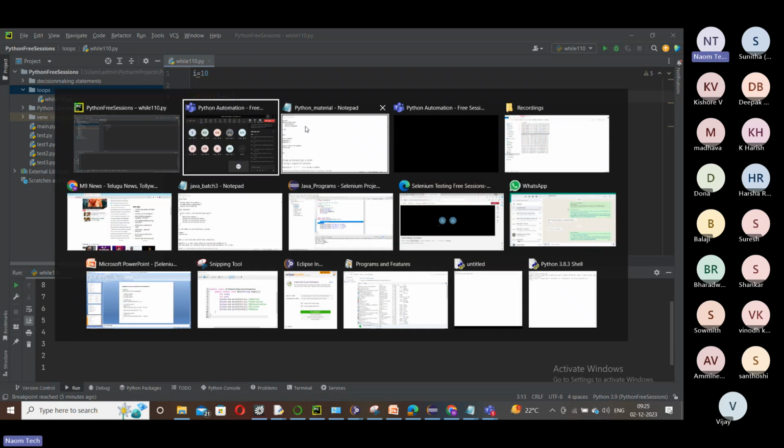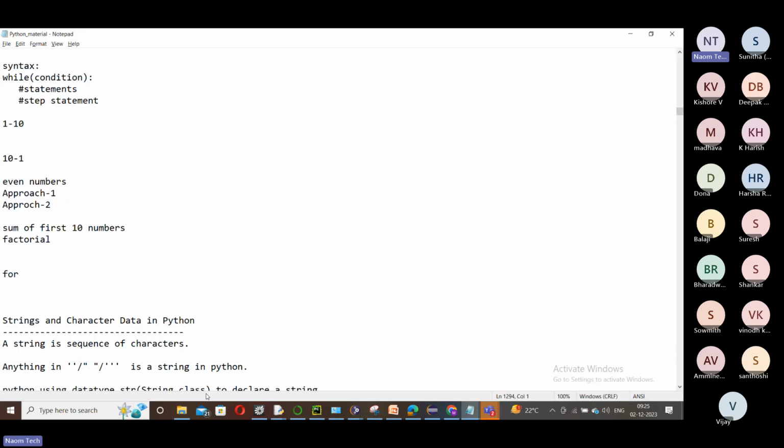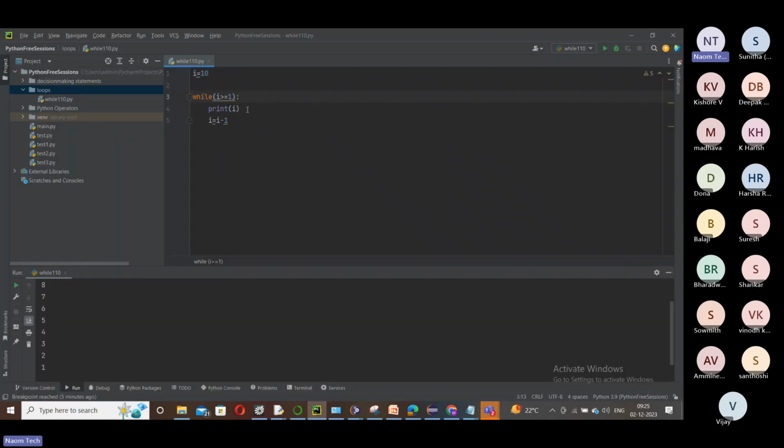Right. Next, let's switch to the next program. Even numbers. What is an even number? How to print these even numbers? Even numbers means, suppose you have something like 2, 4, 6, 8, 10. All these are even numbers. And we can print these even numbers in two ways in this program.